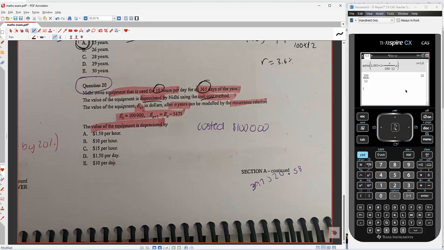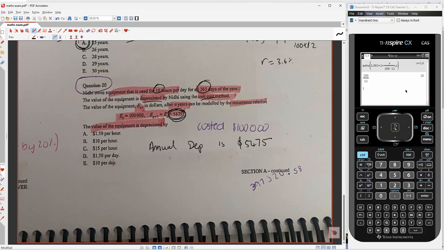The value of the equipment after n years can be modelled by the recurrence relation. Here it is. So what the recurrence relation does basically is remove this amount from the previous value every year. So this is the annual depreciation rate. So I'm just going to write that down. Annual dep is